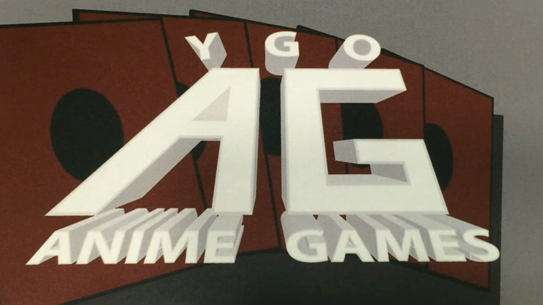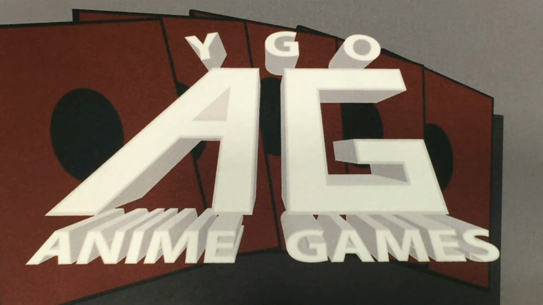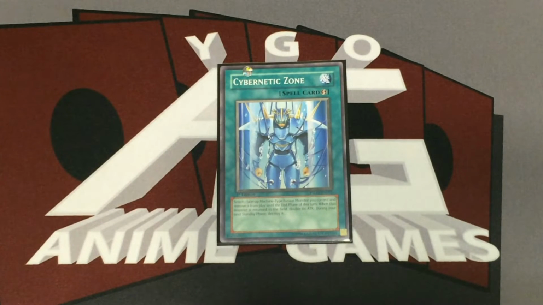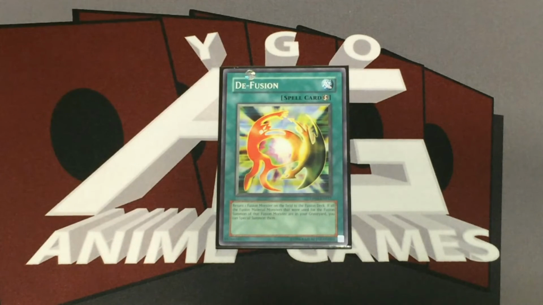So going through the spells, Cybernetic Fusion support, which is incredibly helpful with a lot of his fusions. Cybernetic Zone just kind of supports them a bit, doesn't really help you make them. Diffusion, which again in a lot of these GX decks being so fusion based, diffusion is actually helpful not just